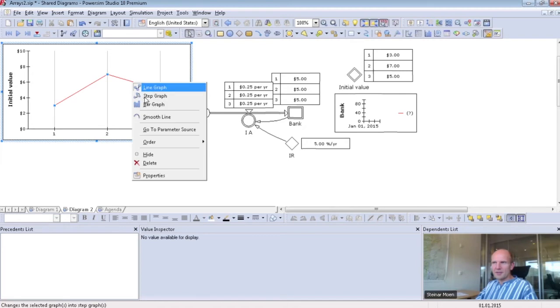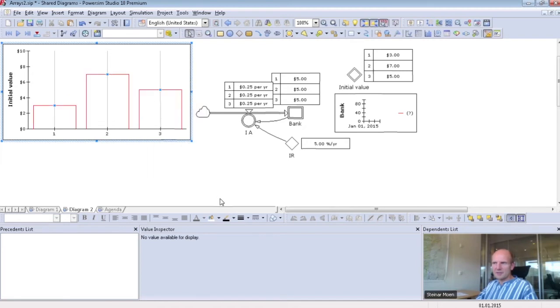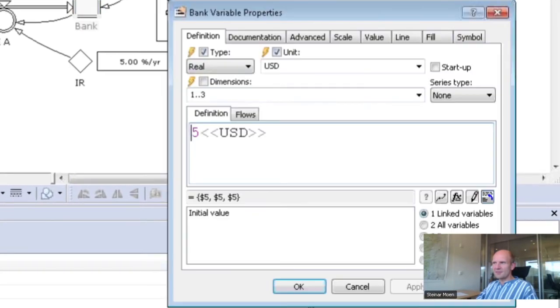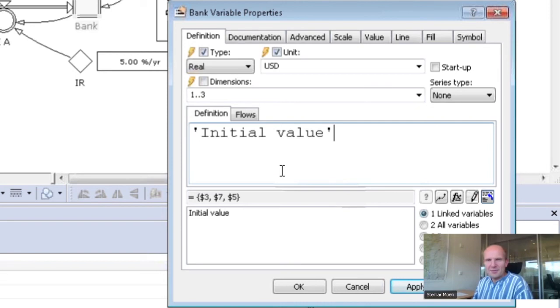So I right click it and say I want bars in place. I also like to fill the bars when they are available. So I want to use this initial value in the bank account. So these values are used in here. So in place of $5, I say I want to use the initial value. And now I am in a situation which is a bit